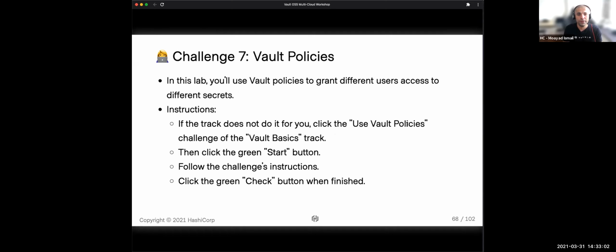And then we created some policies to show how you control access, with one user having access to their secrets while the other was denied. So hopefully you've got a lot out of that. Certainly you can revisit it. The labs will be made available after this for you to revisit and have a look through again.